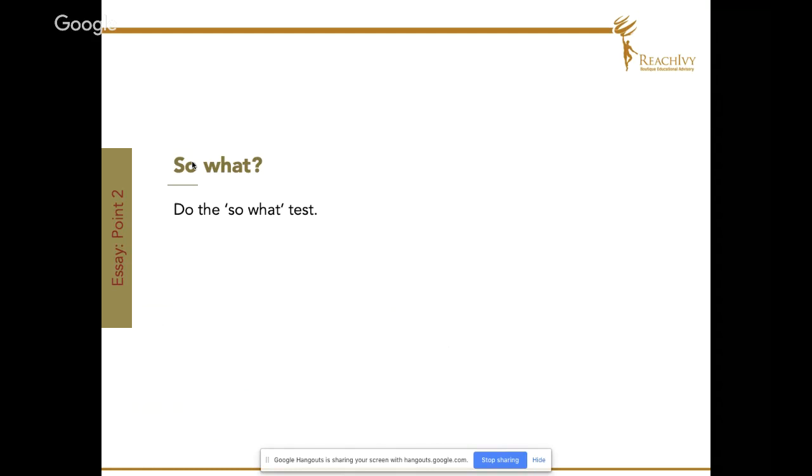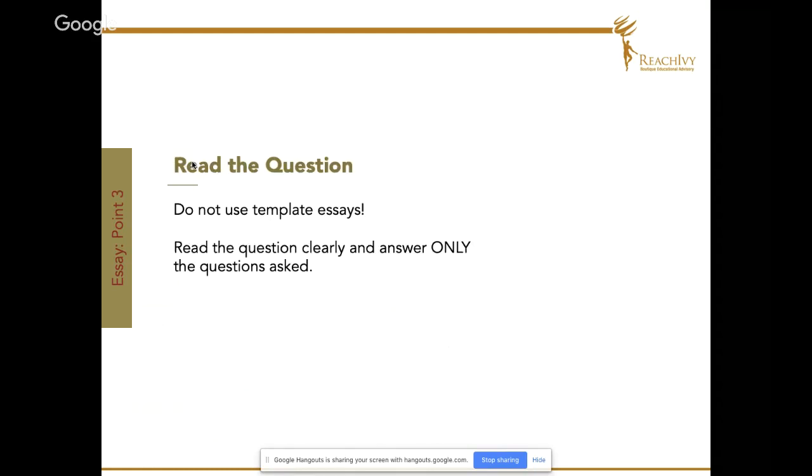For example, a student once wrote, "Stuck in the Mumbai rains, I walked 12 kilometers to get home." Now, this is commendable, isn't it? But was he the only one who did that on that day? The entire city did that, and some probably walked a whole lot more. So this fails the so what test. This was just one example and probably won't be a part of your essay, but it's very, very important to put every, and I mean each and every story through the so what test.